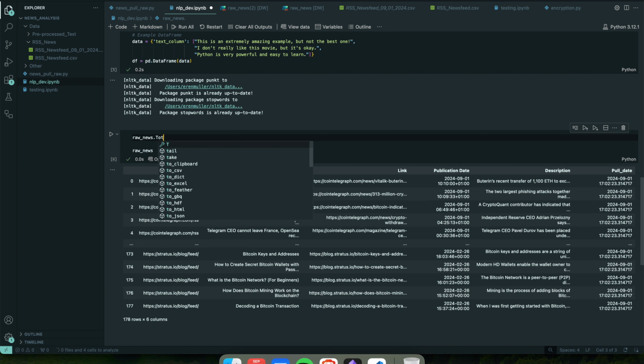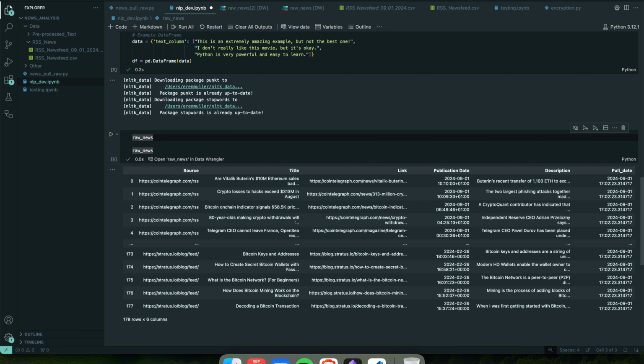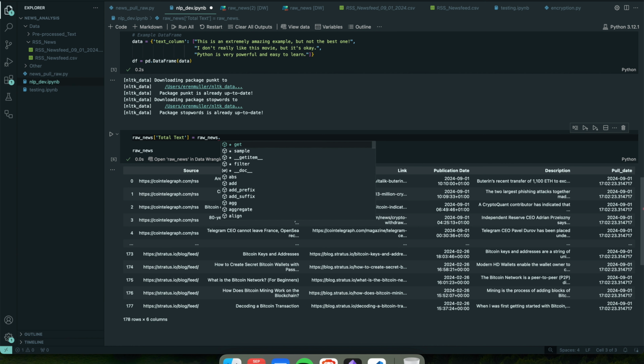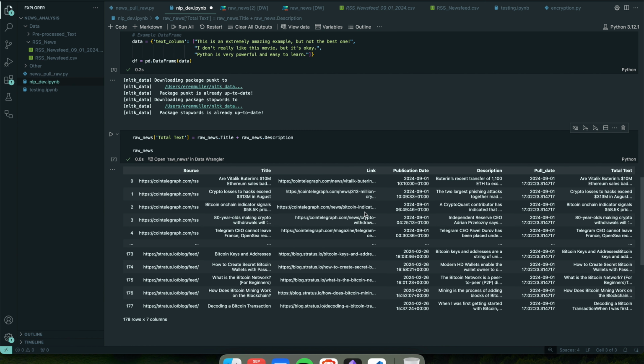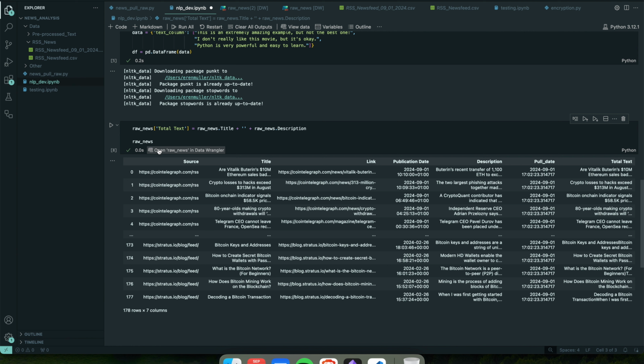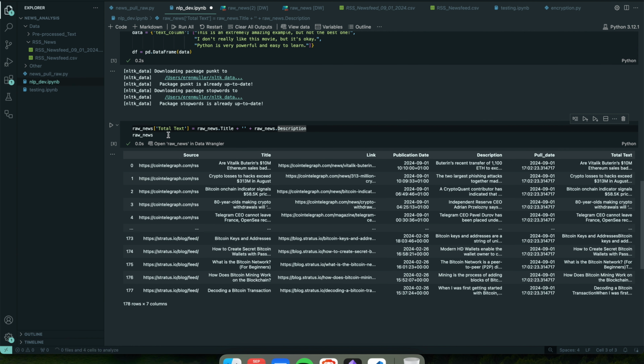Let's keep the same format. Total text is equal to raw news dot title plus raw news dot description. Now we got this total text, but we also got to include a space. So I'm just gonna make an empty string. Okay. And then I'm gonna apply it to raw news dot